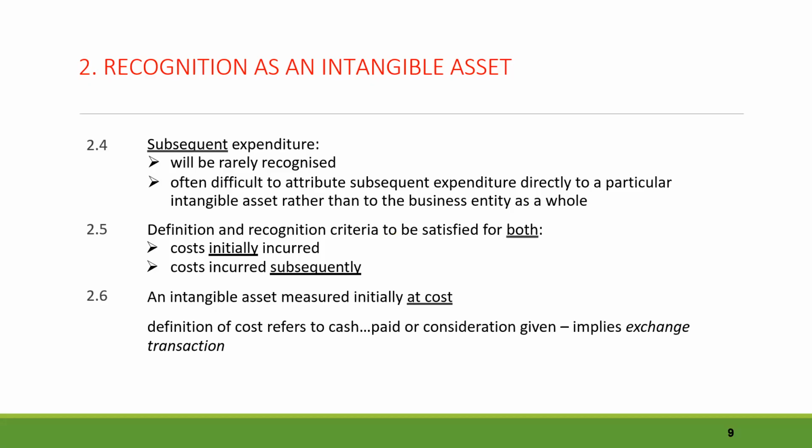Now, intangible assets are initially measured at cost. Just like we said, we need to be able to measure the cost reliably in order to recognize the intangible asset. And any costs incurred after the intangible asset is in working condition, for example, the initial operating losses, are then expensed in profit or loss. We're going to go through the measurement in more detail shortly when we start discussing the different ways of acquiring